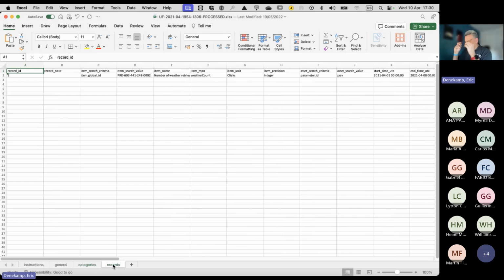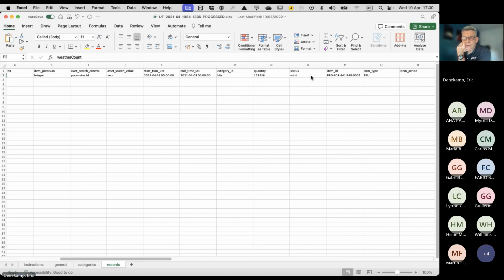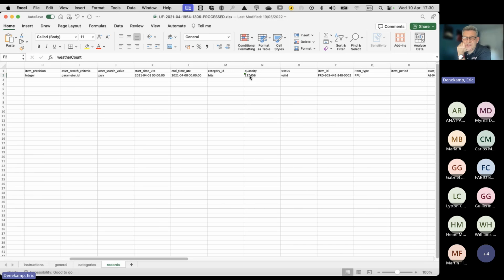And here we have a file for the weather, for an application called weather count, where we define it in this case with weather count. The item name is the number of weather retrieves. What is the precision? The unit was clicks. The item precision is an integer. And we specify a quantity of number of hits, where we have the item ID is the